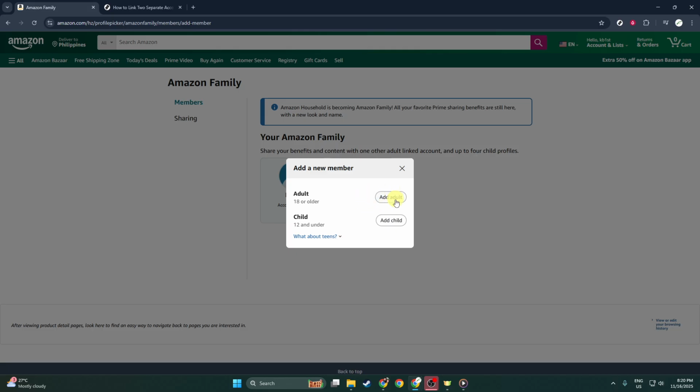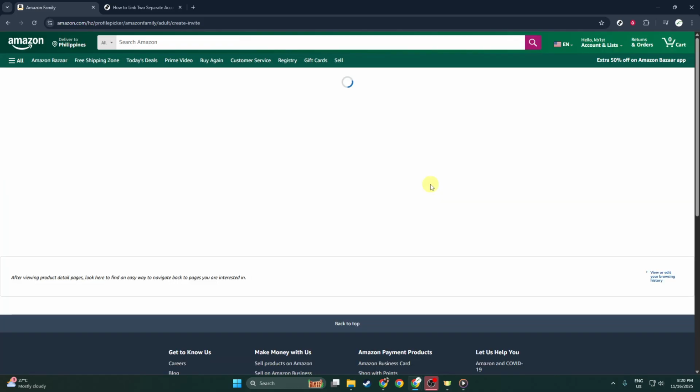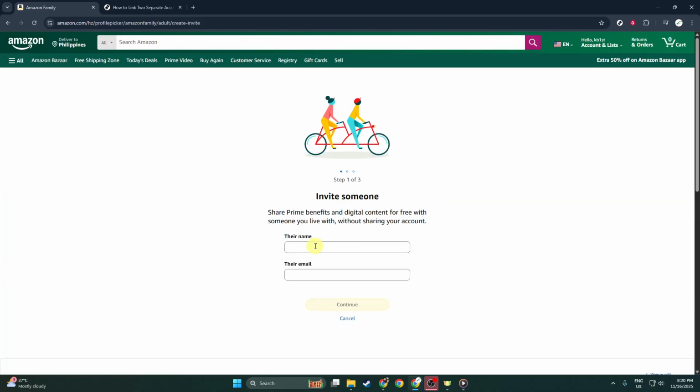You will be presented with the option to add either an adult or a child. Since we're focusing on linking two separate adult accounts, select Add Adult. After selecting that option, the system will then prompt you to link. You might be thinking, what does this mean for me? Linking is how you and another adult in your household will be able to share Amazon benefits, from Prime shipping